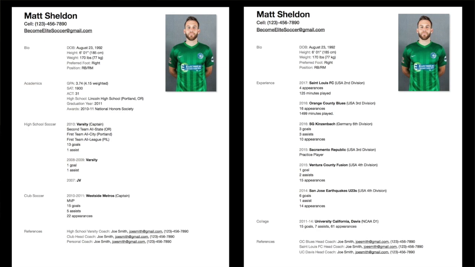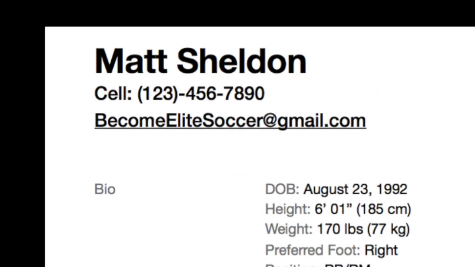So in the very top left corner, this is going to be your most important information if a coach likes what he sees and wants to contact you. So put your full name, Matt Sheldon, and then very clearly put your phone number and email address. You want to make it very easy on a coach or agent or whoever is reading this to be able to contact you. If your email is ninjaslayer69@gmail.com, get a new email. You want to be taken seriously, you want to be taken professionally, make your email something simple like